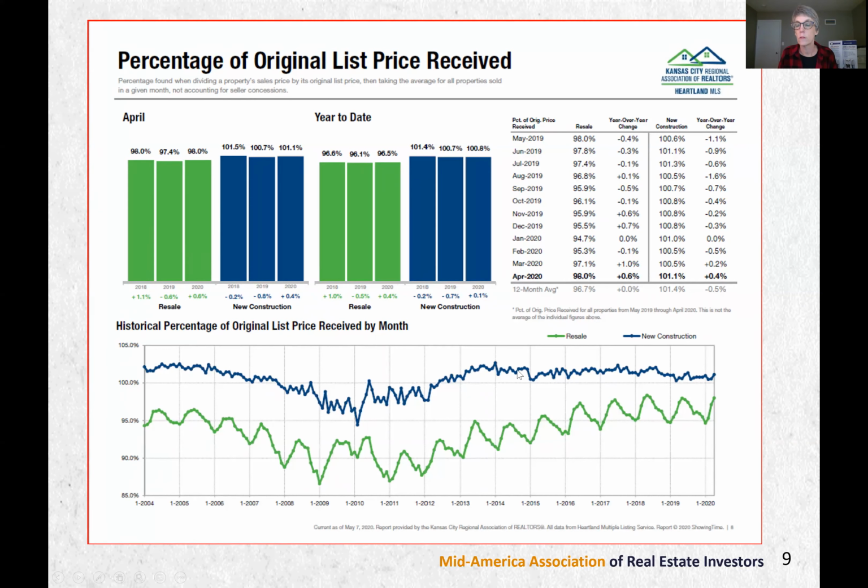New home builders are getting over list price, and that's partly because they have upgrades. So they're like, this is our list price, but if you want all those extra stuff, it costs more. But used houses, resale houses, we have been getting over 95% since 2015, and in the month of April, they were pretty darn close to 100%, the closest we've gotten to 100% since last May.